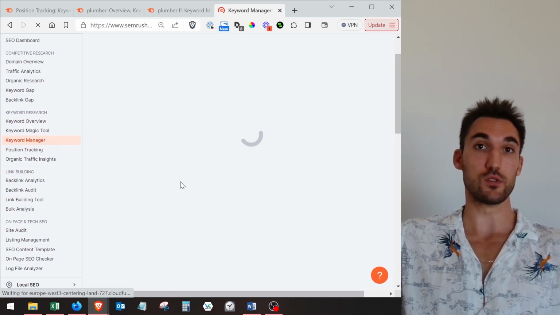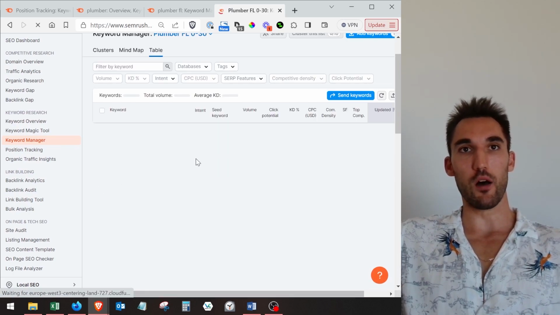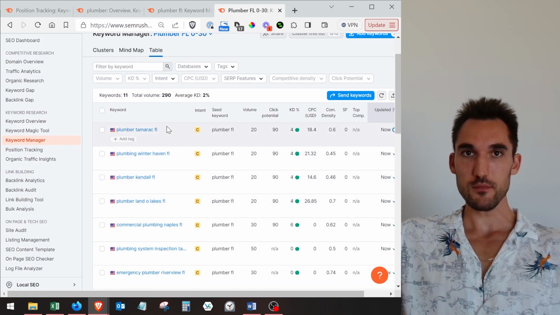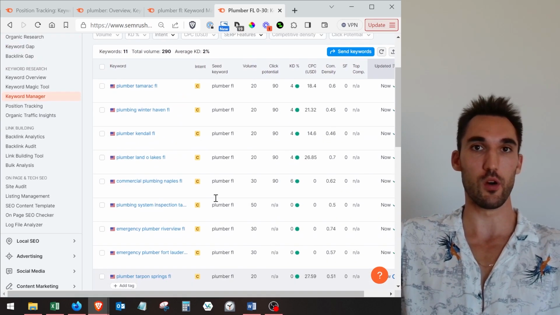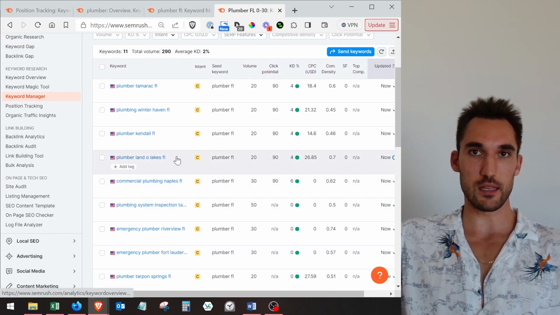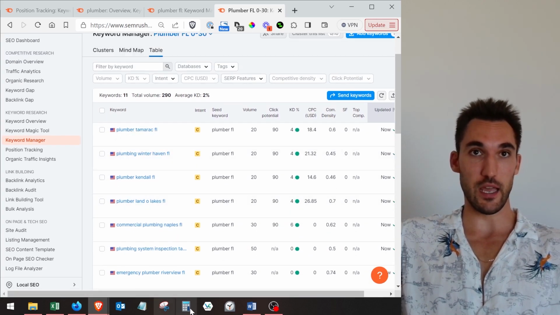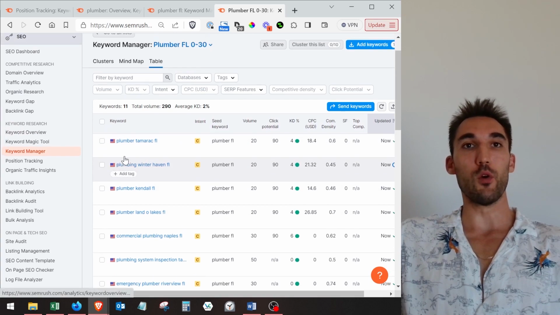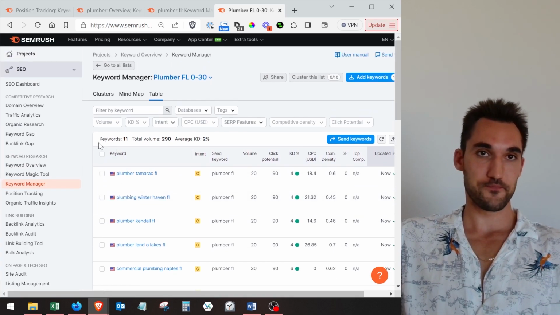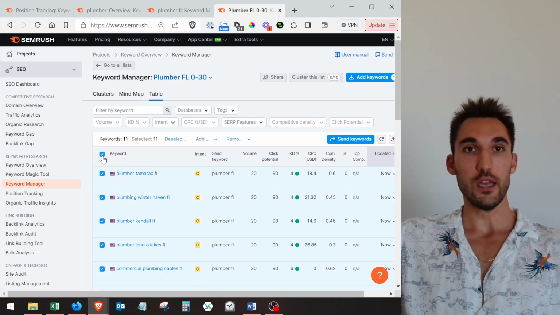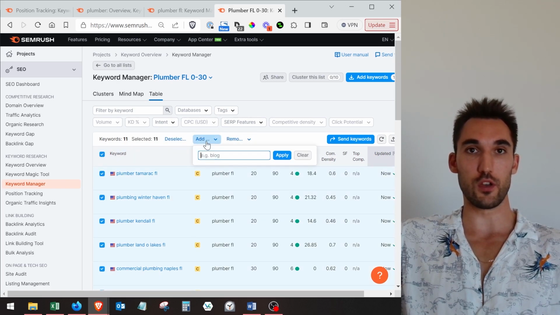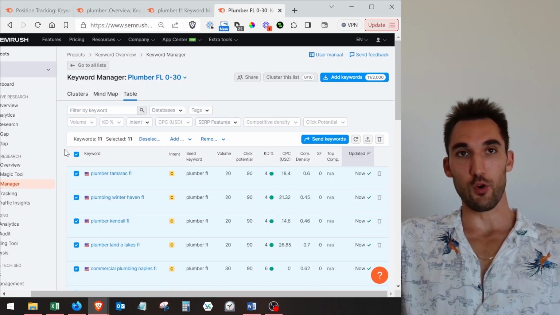So now what you would want to do is go through this list and tick off each one of these keywords. Make sure you have the page that's specifically targeting it or so on, depending on how you're going to target them. But that's how you do it. So now in Semrush, you've got this list saved. Now what you would want to do, obviously, is to track these keywords so you know it's working. So you would click all these keywords, you can tick all these keywords,